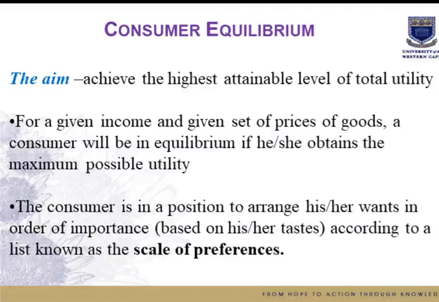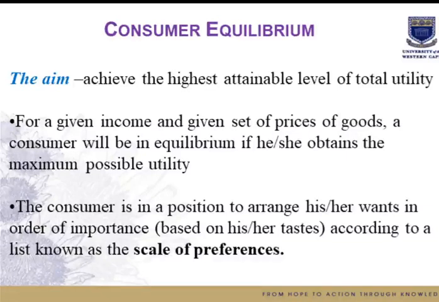Therefore, in equilibrium, a consumer receives maximum total utility from the consumption of goods and services given the prices of the goods. This means for a consumer to reach a point where he or she has no intention to change consumption plans, the consumer should have attained the highest possible utility as well as utilize all available income in the consumption